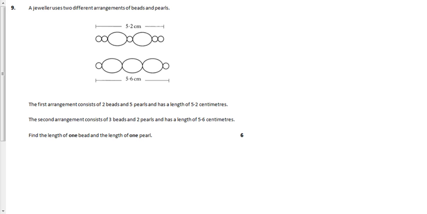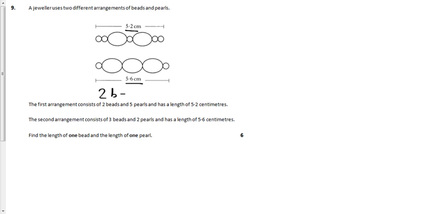Question 9. Looking at this straight away, this should scream simultaneous equations. 2 different arrangements, 2 different lengths, 6 marks. So the way this would be marked, I would guess, is, well, 1 mark for forming an equation,